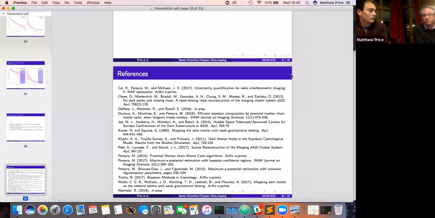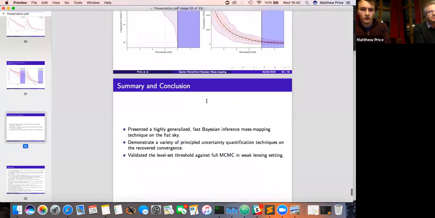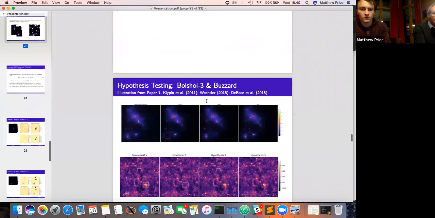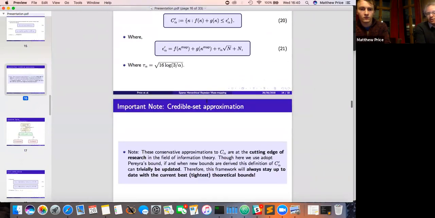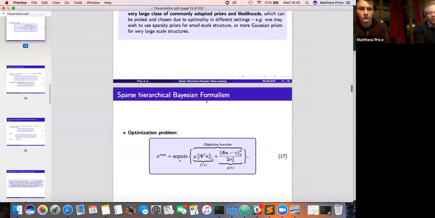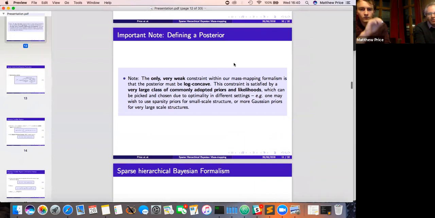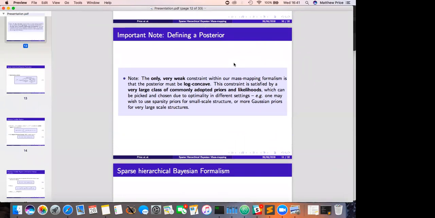One could do that for sure. But particularly for the cosmic shear setting where we're looking at these mass maps, which are clearly non-Gaussian, we really wanted to move away from Gaussian assumptions in the prior, but also just generally. As a caveat, that's not to say that you couldn't use Gaussian priors. You certainly can.